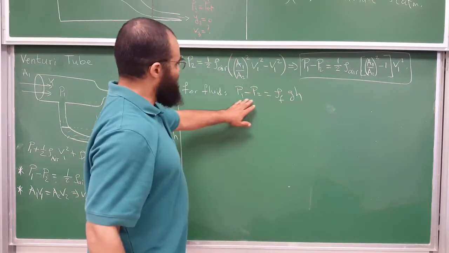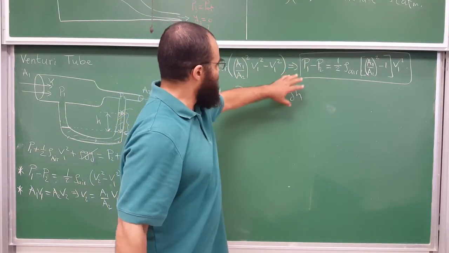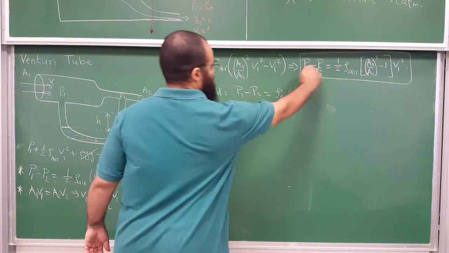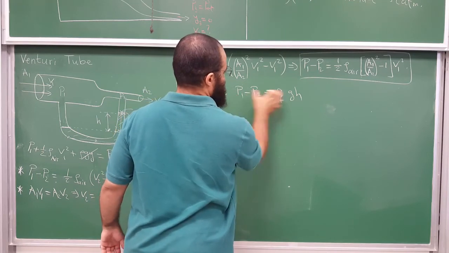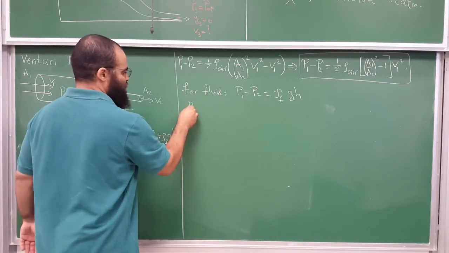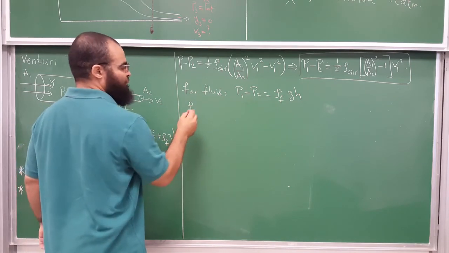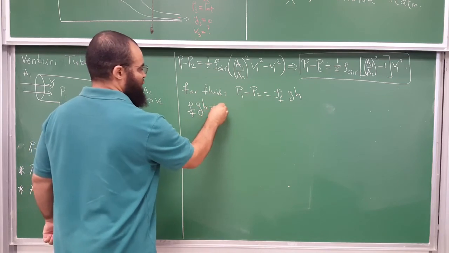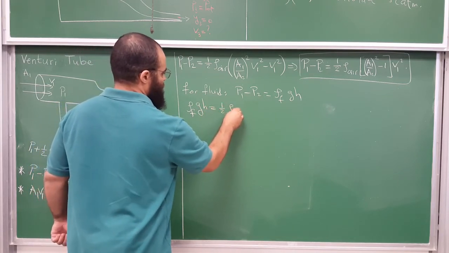And you can see P1 minus P2 over here can be eliminated by this. So set them equal: instead of P1 minus P2, I replace it by rho g h. So I get rho fluid, remember, it's fluid, g times the height will equal 1/2 rho air,